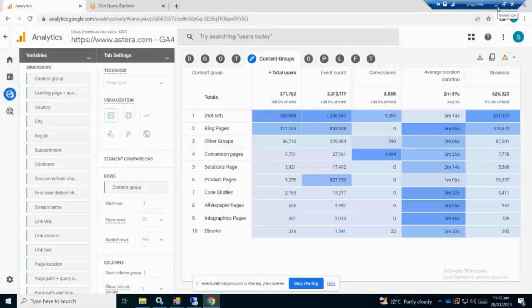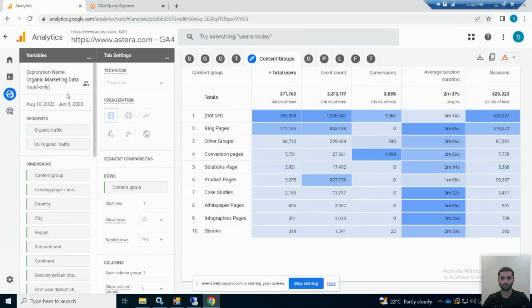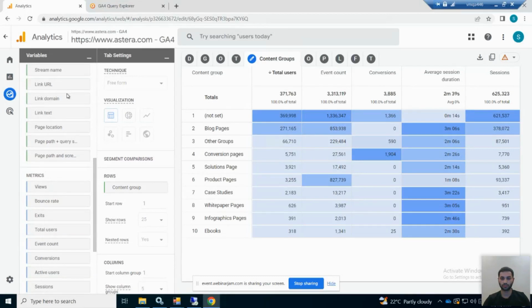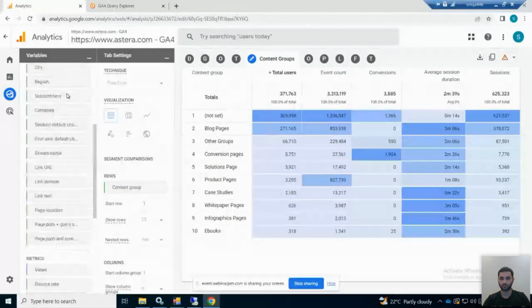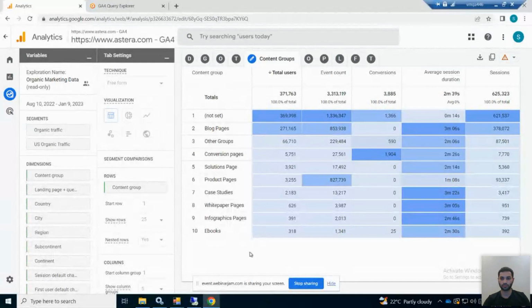All right. So hopefully my screen is visible now, and you should be seeing the GA4 interface, where I have a report open which is called content groups. This report is based on the dimensions and metrics that you're seeing on the left-hand side, right? This is the general GA4 interface that we're seeing. And we'll be walking you through how you can automate and extract such reports through our connector that we have